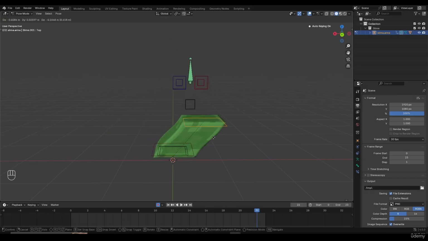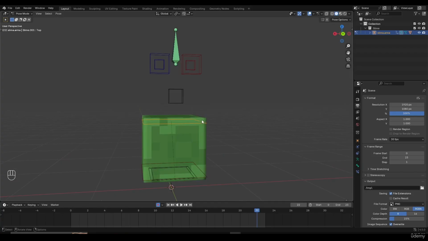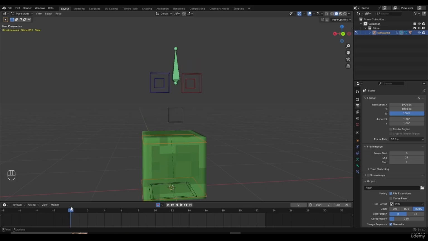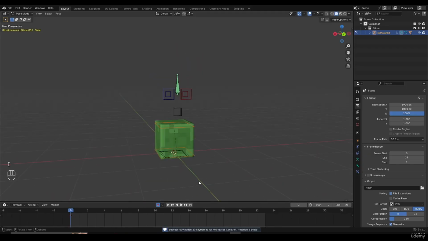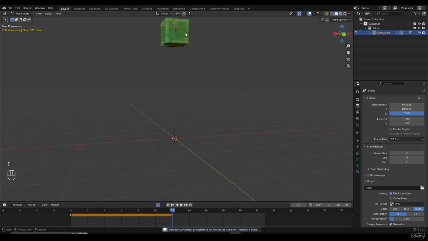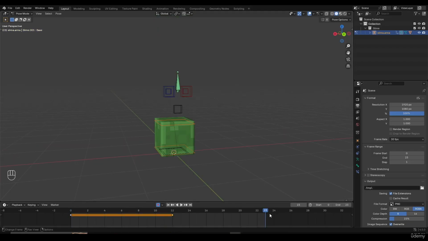So what I recommend you to do is select the top part, select the bottom part as well, and add those same keyframes we added with the root bone. So go to frame 0, press I to make sure they have a keyframe set, so Blender remembers that they're in this formation right here. Go to frame 12, press I to set a keyframe again, and then go to frame 24 and